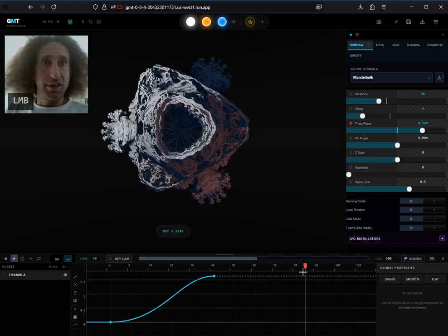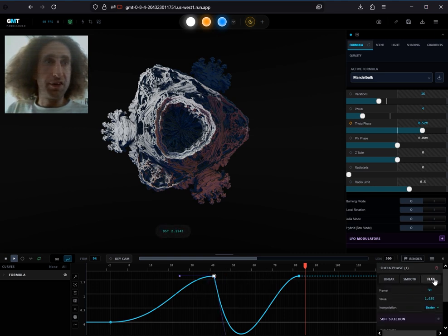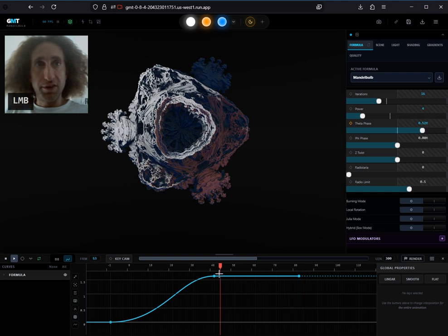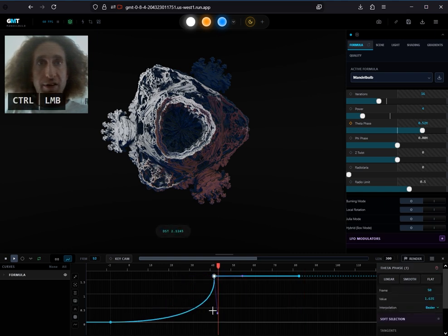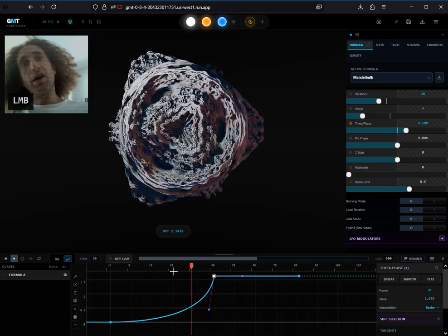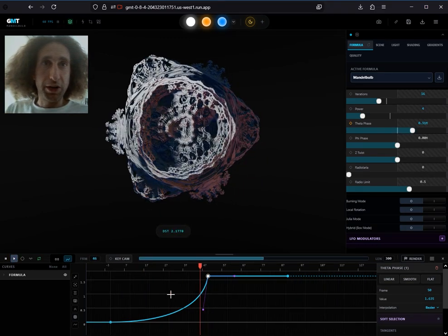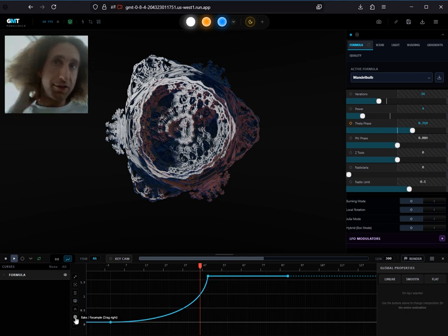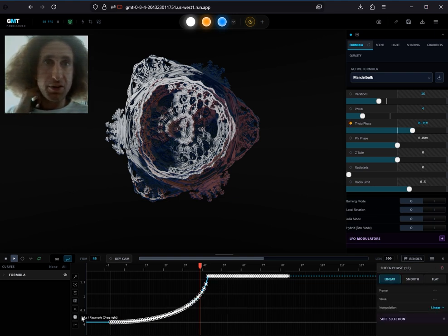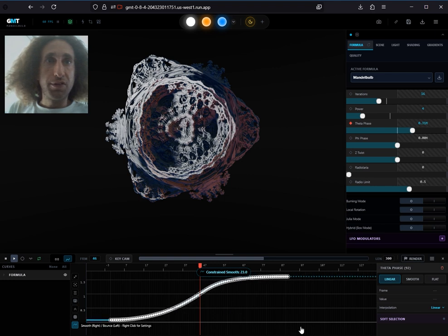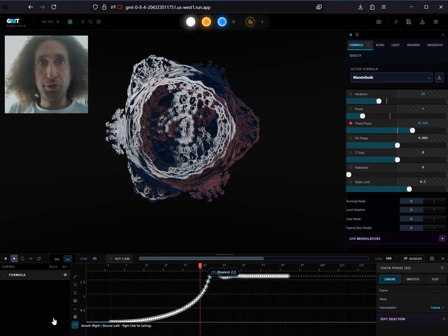So anyway, let's delete this key and add another key over here. And because we've created a funny curve, it's gone insane. And let's say that here, holding Control, I want it to really snap into that thing. And this is how we make little bounce effects. So to make a bounce effect, first we've got to click this little bake key, which gives us a keyframe for every single frame. Now the smooth feature, if you drag it to the right, it smooths with a nice physics smooth. But if you drag it to the left, it creates a bounce,